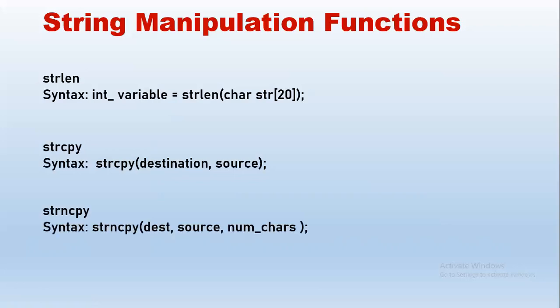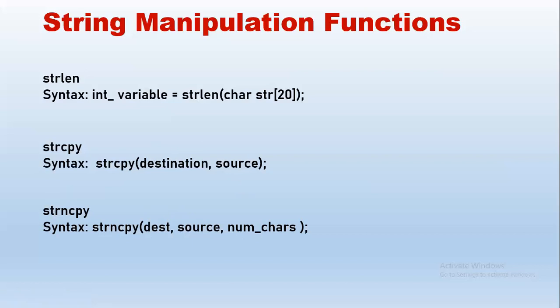Right. Next we have strncpy. It is a little variation wherein the syntax remains the same. The keyword is strncpy, which is the name of the function. Within brackets we have the destination string, comma, source, comma, number of characters. This is the n value. In strcpy, the entire source string is copied to the destination. Whereas in strncpy, if n is 3, the first 3 letters of source will be copied to destination. That is the difference between strcpy and strncpy.